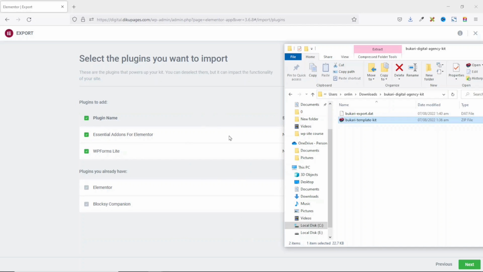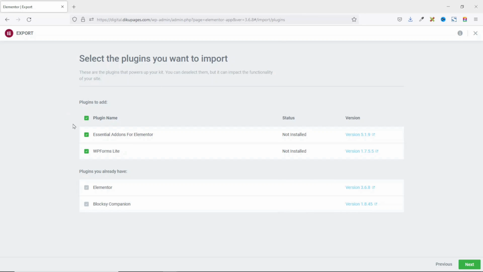Now the importation is starting. In here, you'll be given the opportunity to select the plugins you want to import. At the moment, these are the plugins we already have on our website. That is the Elementor Page Builder, then the Blocksy Companion. And now the template kit wants you to import these two plugins, that is Essential Add-ons for Elementor and then